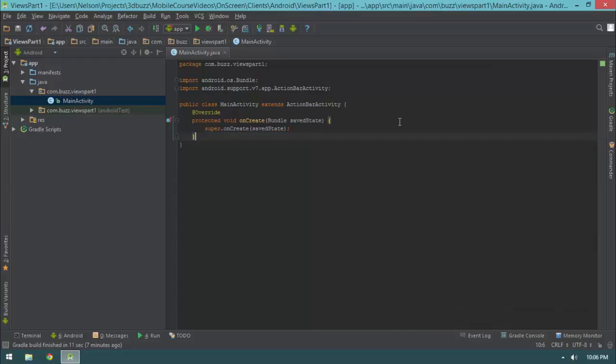Another quick note about Java that's different than most languages I'm familiar with is that all methods in Java are virtual by default, meaning every single method you write can be overridden in its child class, with the exception of methods that are marked final. So if I said protected final void right here,